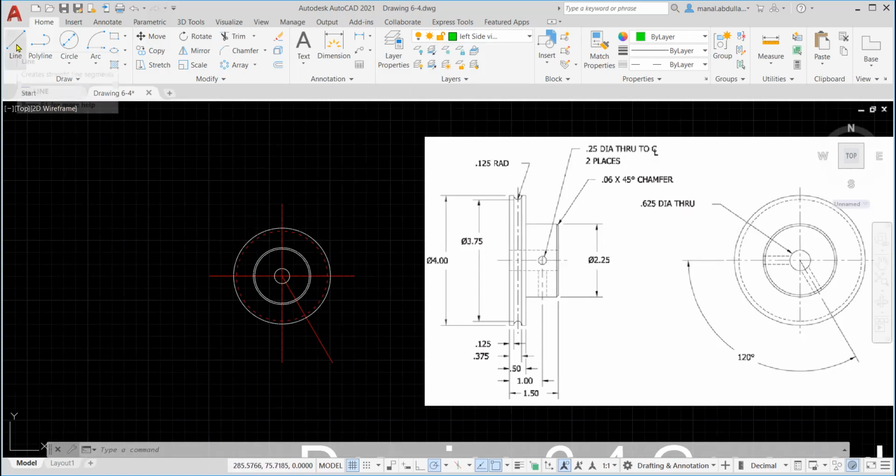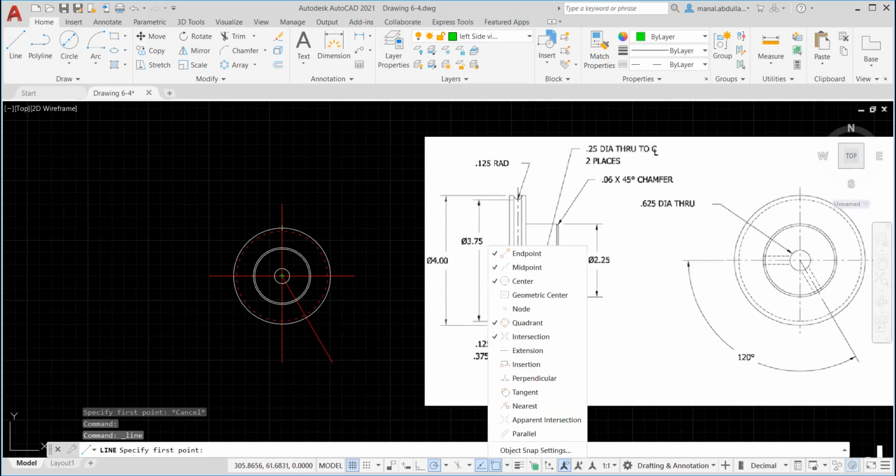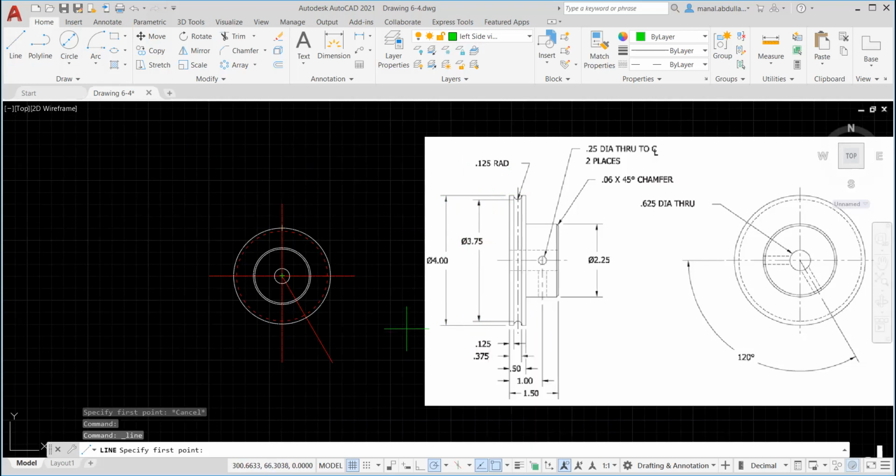Now we need to draw a line, and let's start with drawing the 4 line here for the side view. This is the 4. In order to correct drawing that, make sure you have the quadrant, and this is again from the object snap, make sure you have the quadrant. So we need to track this point, okay? Track it, get a line over there,